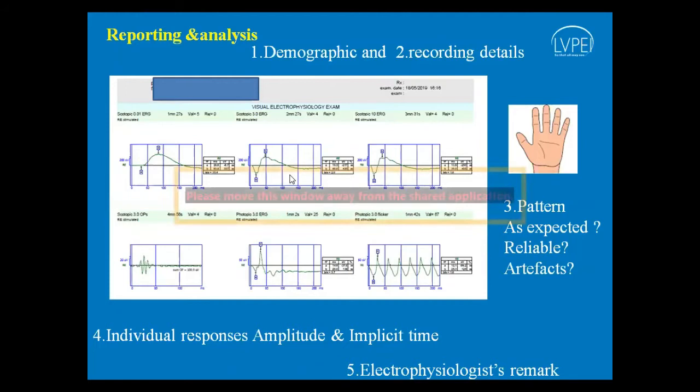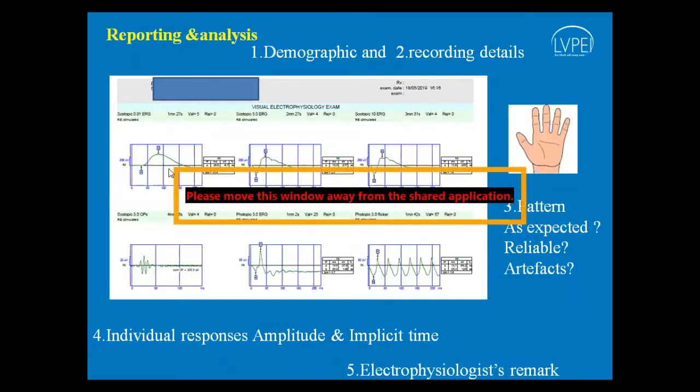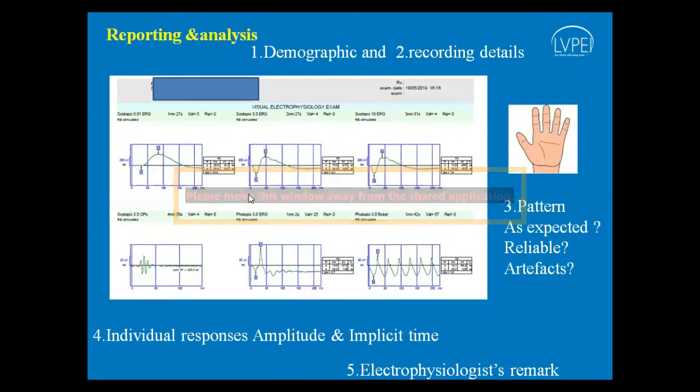While these scotopic waveforms, each wave we analyze in terms of the amplitude and peak time. So the amplitude is, say for example, the B wave amplitude is measured from the baseline up to its peak, and the time to peak is from the stimulus onset up to its peak. So every wave is analyzed first whether they conform to the pattern expected or not.